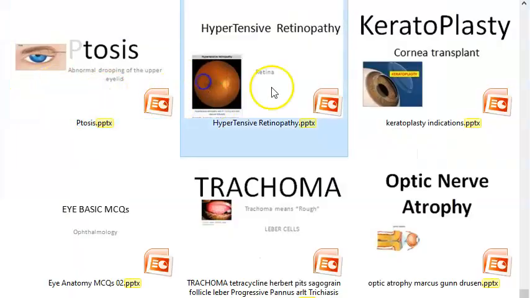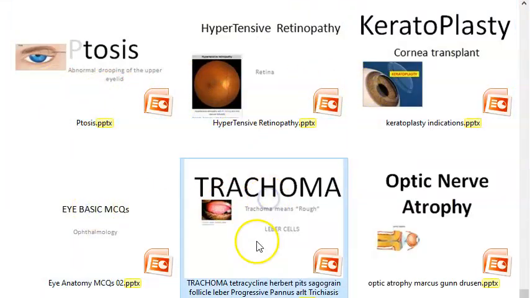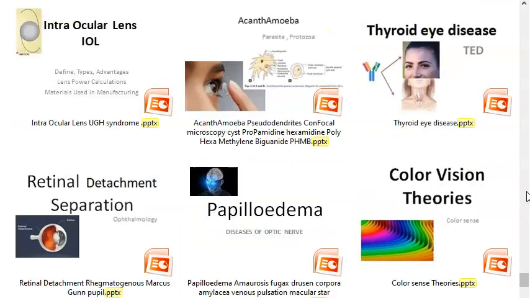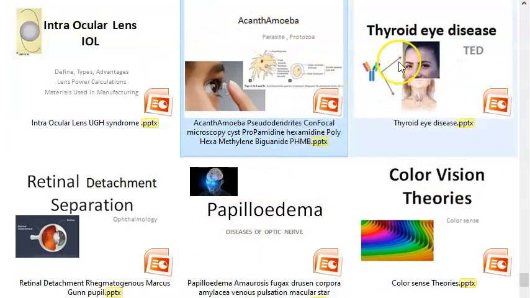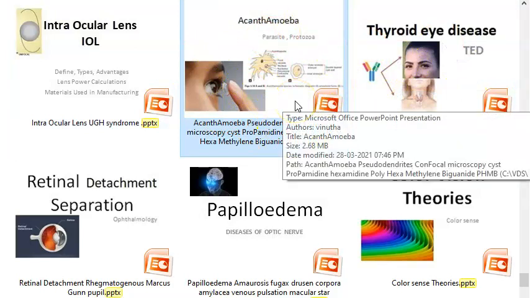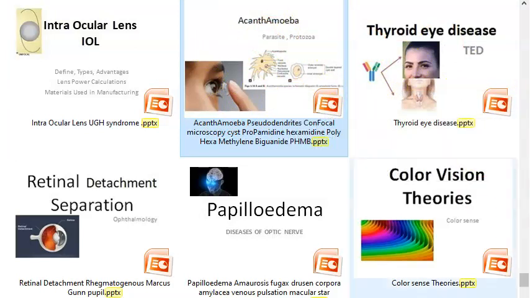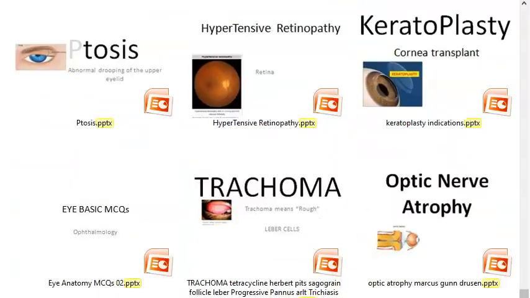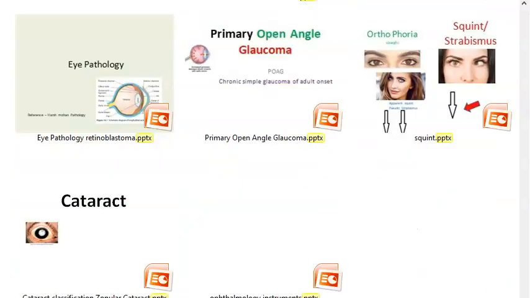Ptosis, drooping of the upper eyelid, then what else? Trachoma, because of Chlamydia trachomatis, an eye infection. It's the leading cause of blindness, by the way. Then what else? Papilloedema is intracranial pressure affecting your eye. Remember, what is it? Intracranial pressure. Acanthamoeba is becoming more common nowadays, especially in contact lens users. Now everybody is getting this kind of parasite. What is it? A protozoan parasite infection of the eye. Very difficult to treat. Then retinal detachment, we already told you. Then what else? That's it.